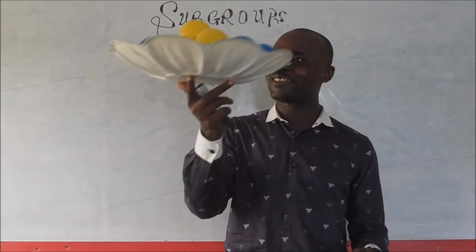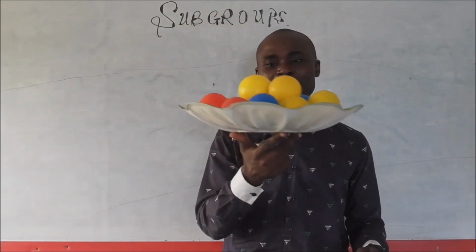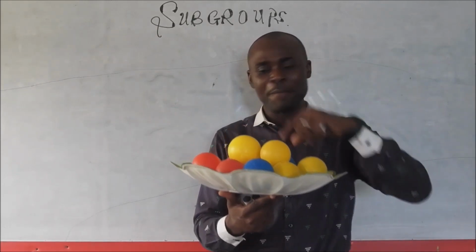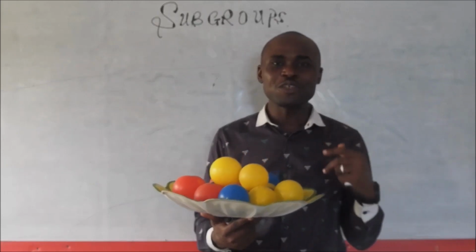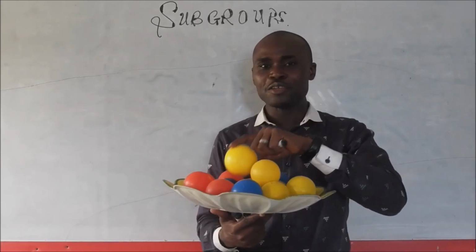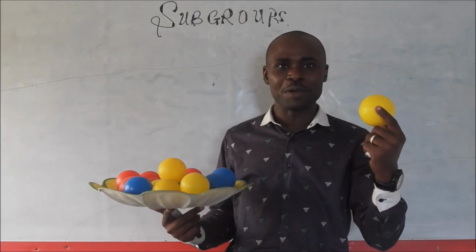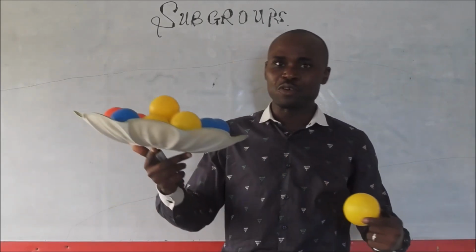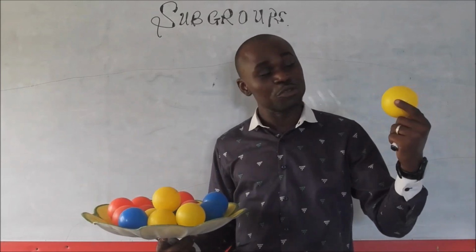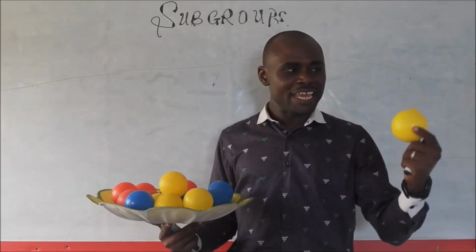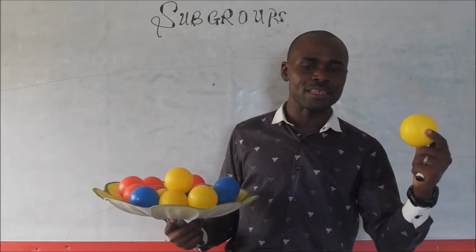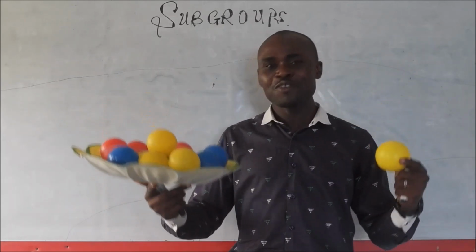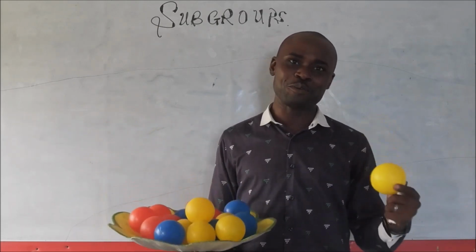So imagine that this was a group. Sometimes we may not be able to check every member of this group. So what we do is that we simply study one particular subset of this whole set. So if this was a group, sometimes we study this, which we call the subgroup, if it has the same property, the same binary operation as this. So today we are discussing subgroups.